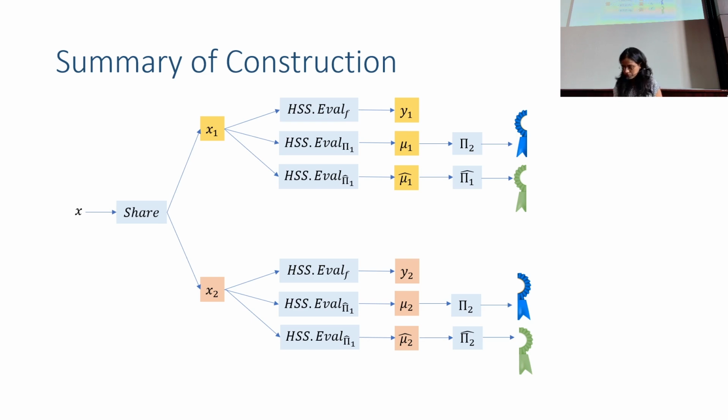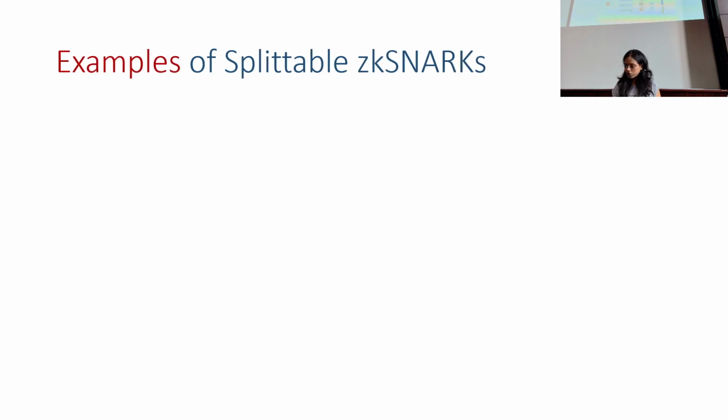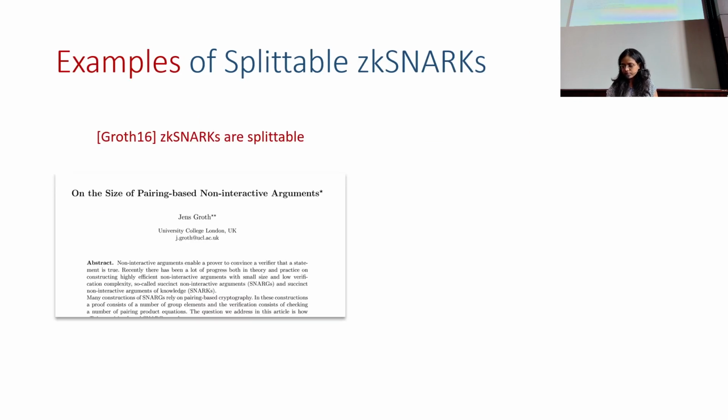Okay, but clearly this construction assumes that these splittable SNARKs that also additionally satisfy distributed prover robust verification exist. But do they really exist? So we show that Groth16 ZK SNARKs, which are one of the most commonly used zero-knowledge SNARKs and are proven secure in the generic group model, satisfy all of the structural requirements of splittable ZK SNARKs and also have